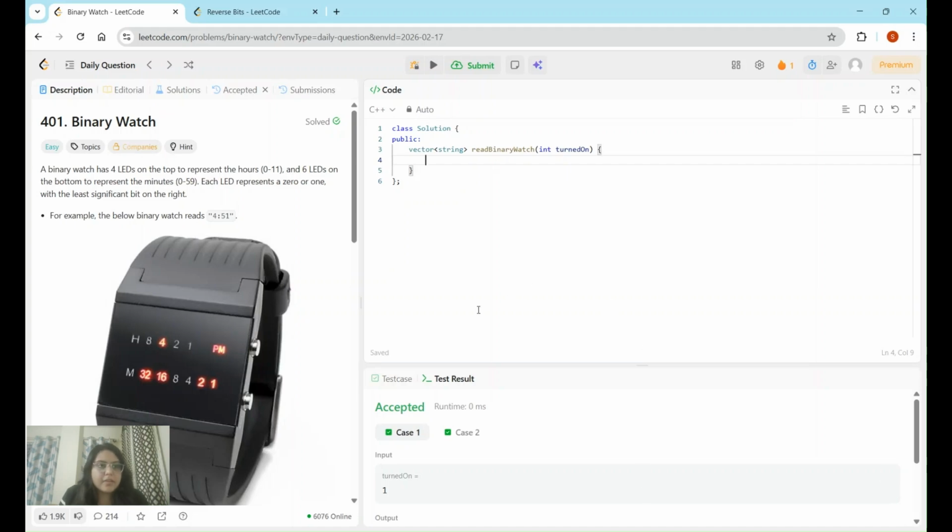Yes, so hello friends. Today I'll be explaining the LeetCode 401 problem, Binary Watch. It's an easy coding question. So the problem statement is: we have a binary watch which has four LEDs on the top,